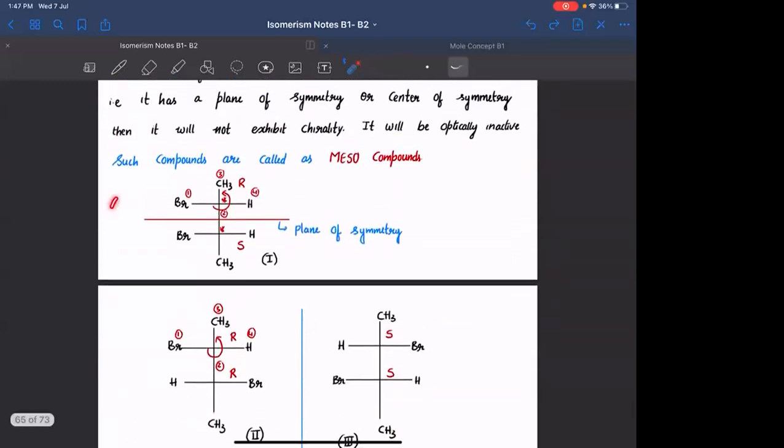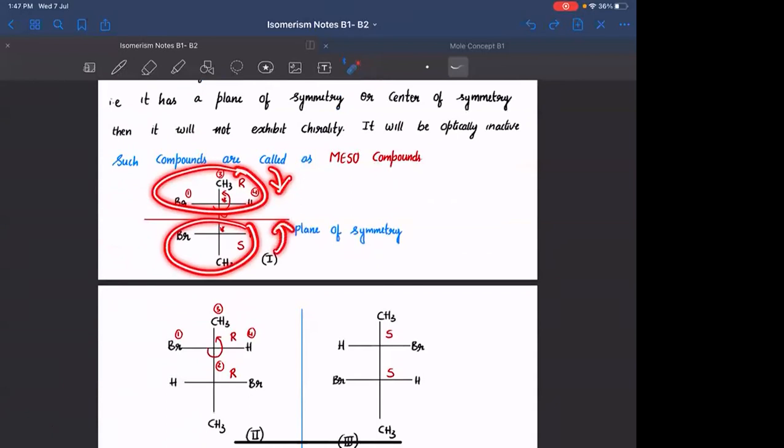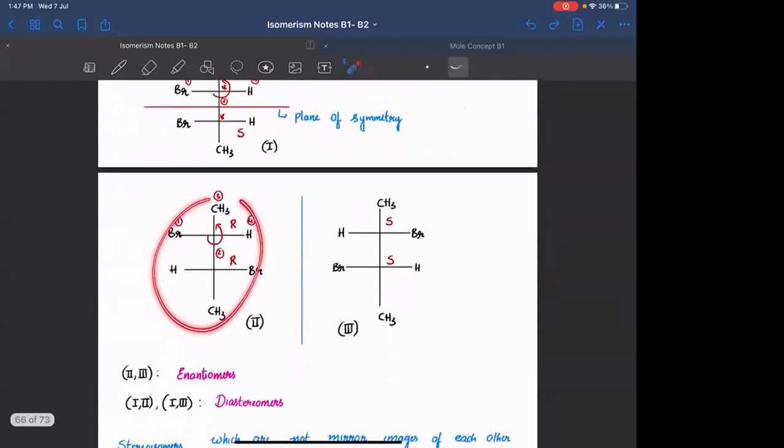If I am passing the plane of polarized light through the meso compound, what will happen? Half part of the compound is trying to rotate it in the clockwise sense. The other half is rotating in the anti-clockwise sense. क्योंकि ऊपर R है, नीचे S है. Agreed? Everyone. So what is happening? The net rotation is getting cancelled out internally. Molecule के अंदर ही compensate हो गया वो. इसमें क्या हुआ? This is external compensation. The two different molecules are cancelling the net rotation.